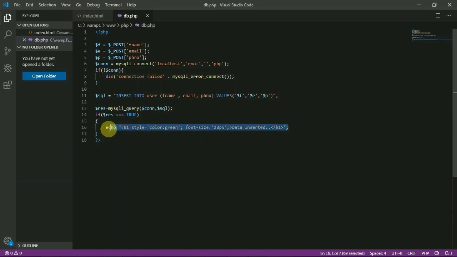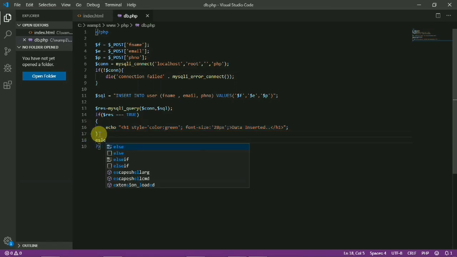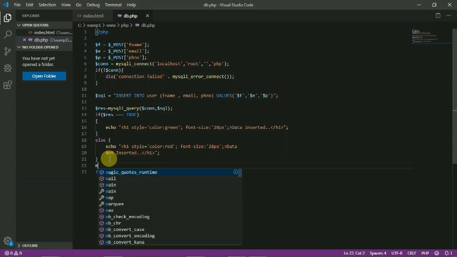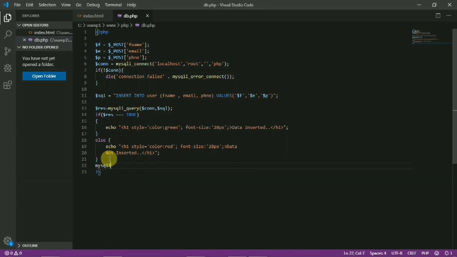If the query is not executed successfully, it can send some error message. For that, finally I am closing the connection by using mysql_close. In this close, I am sending the connection as a parameter.